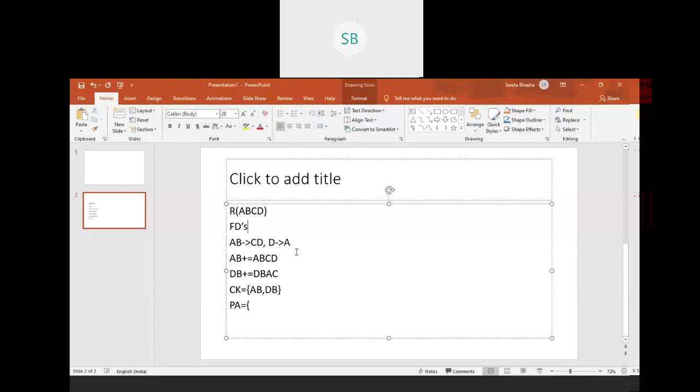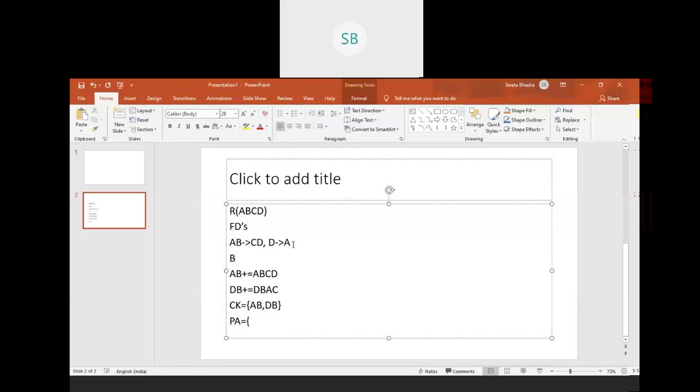For finding the candidate key, what is the technique? First, you need to check what attributes are there. ABCD are the 4 attributes we have. Now, which attribute is not present on the right hand side? That is, it cannot be determined. The attribute which cannot be determined is obviously the prime attribute. We find that CD is here, A is here. B is not present. So B will obviously be present in your candidate key.